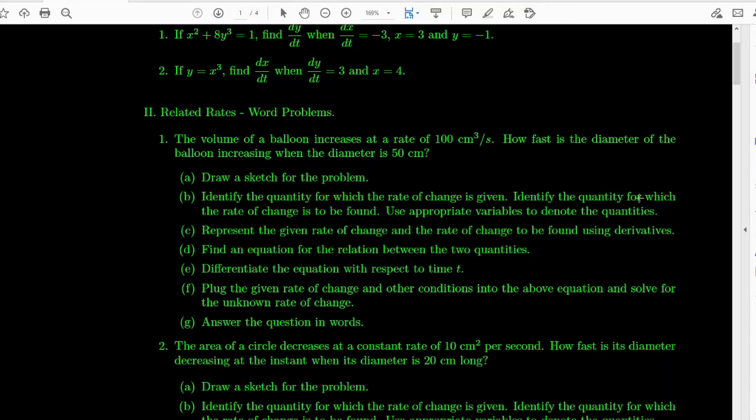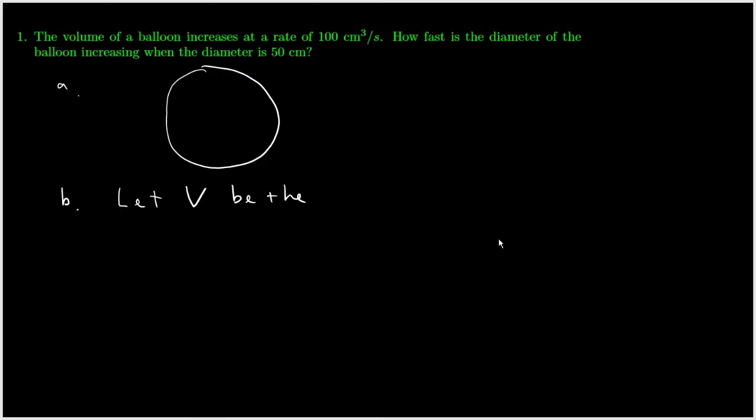Identify the quantity for which the rate of change is to be found. That is the diameter, right? And then we are going to use the variable notations to denote the quantities. By that I mean we are going to introduce two letters to represent the two quantities. Now let V be the volume,